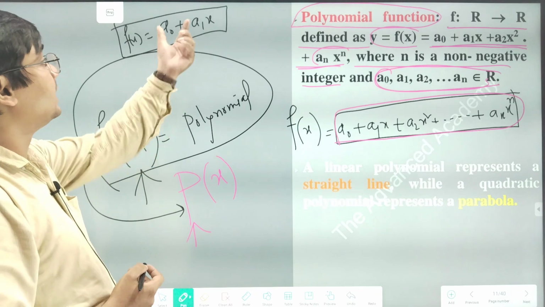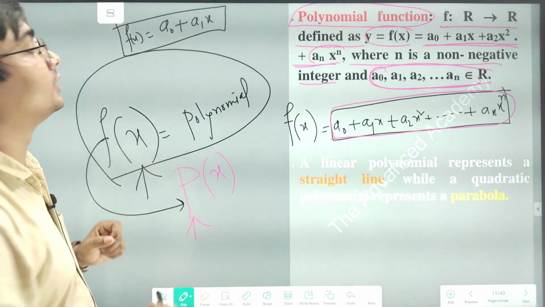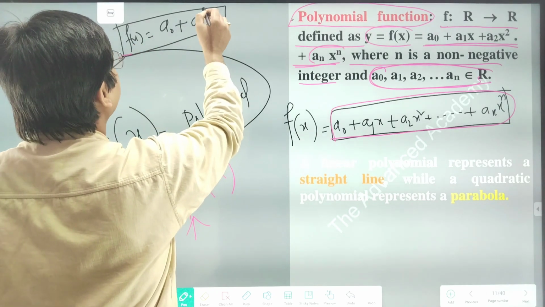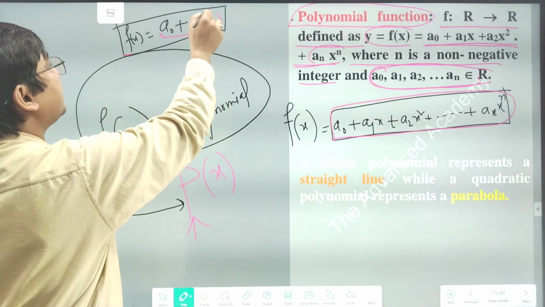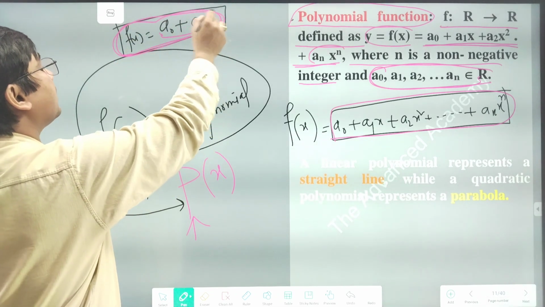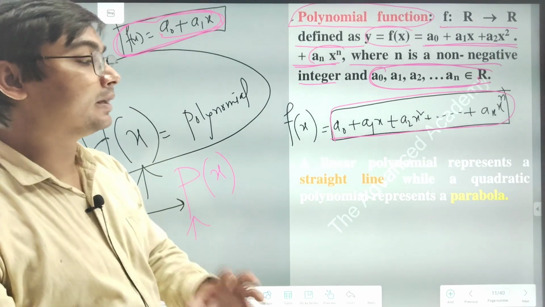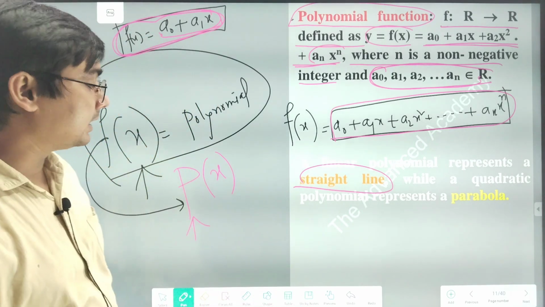लीनियर मतलब क्या है, इसका x का और वेरिएबल्स का हाईएस्ट पावर कितना होना चाहिए, 1. सो देखो इसमें हाईएस्ट पावर कितना है, 1 है, x का हाईएस्ट पावर 1 है. So this is a linear polynomial. So the graphical representation of this linear polynomial will represent a straight line. And if we consider